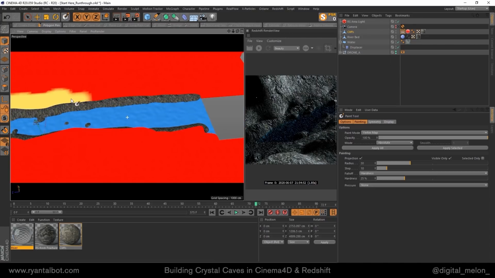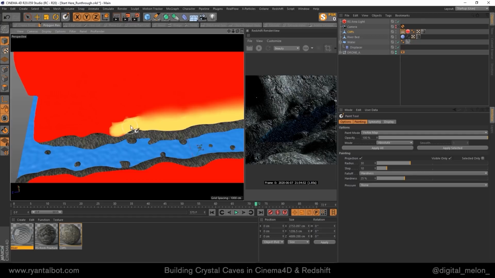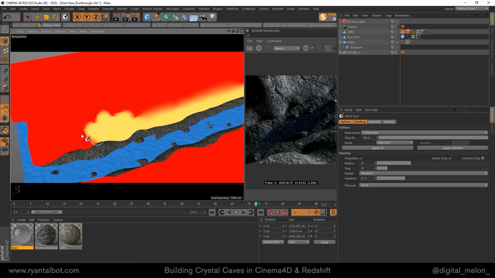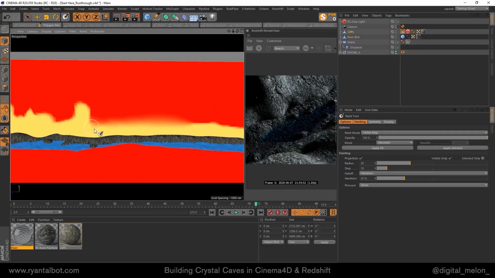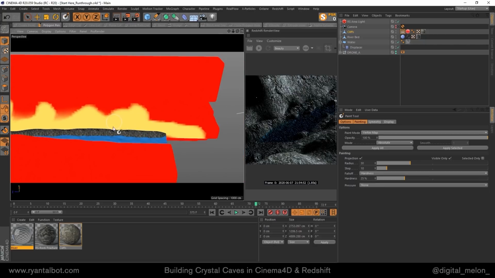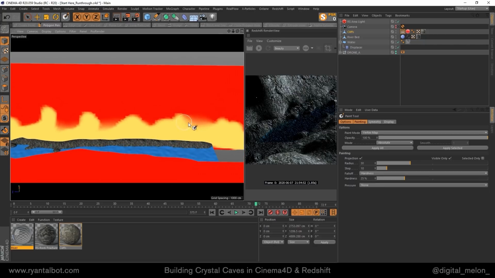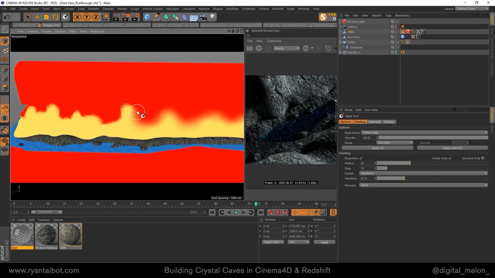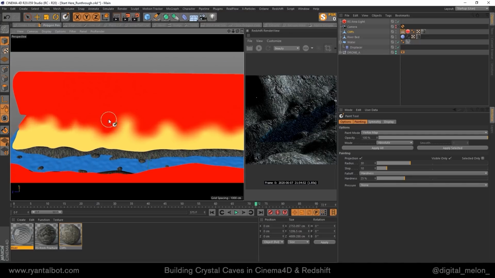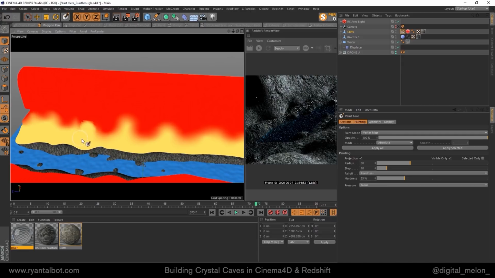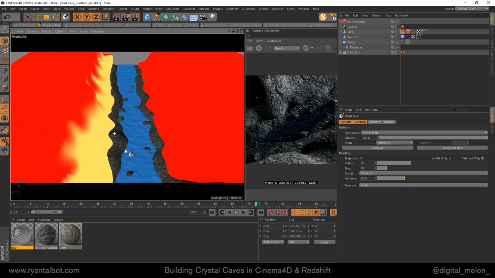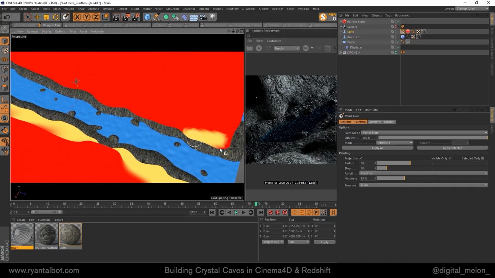So I'm just going to paint this on here, and similarly to our sculpting tools, holding Shift will smooth out our vertex paint. And one thing to keep in mind is that the vertex map is dependent on the resolution of your geometry, so you do need a fair amount of detail in order to create a detailed vertex map. And you can see I'm not creating a uniform line across here. We're all about breaking up that uniformity and breaking up those patterns, so I'm just being a little bit random with where I'm putting it, but still keeping it near the bottom where the river would naturally be more mossy. So let's paint the same thing along our other side,